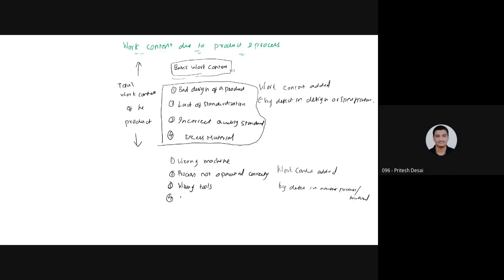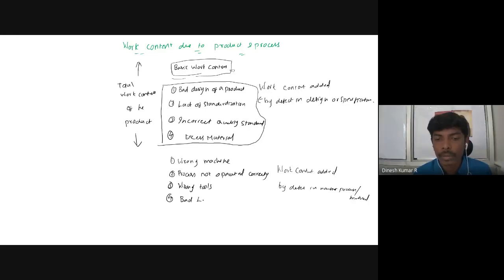No, sir. Good. Then comes bad layout. Bad layout is, again, you go with the manufacturing sequence. I'll put the manufacturing of this one. The cap should be at the final stage. The thread should be at the third stage. The molding should be at the first stage, and after this, threading should be at